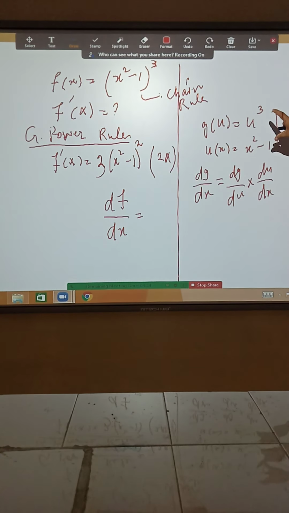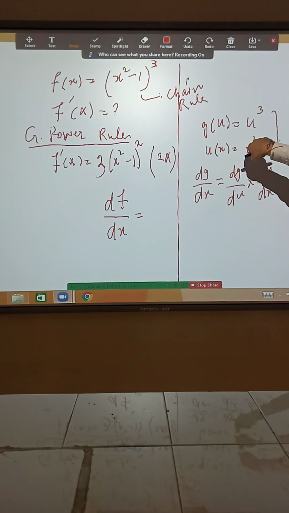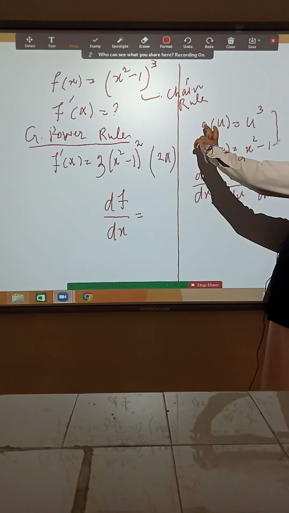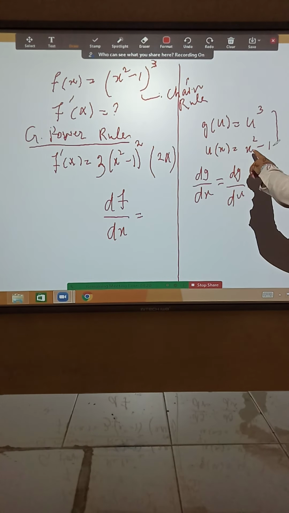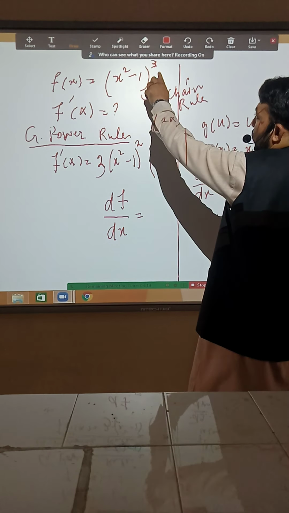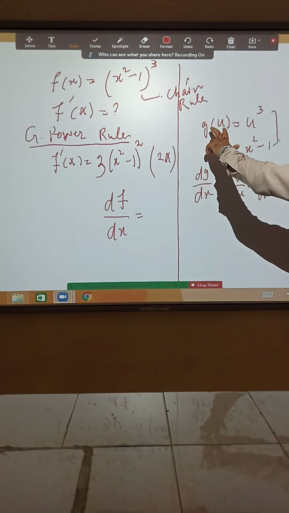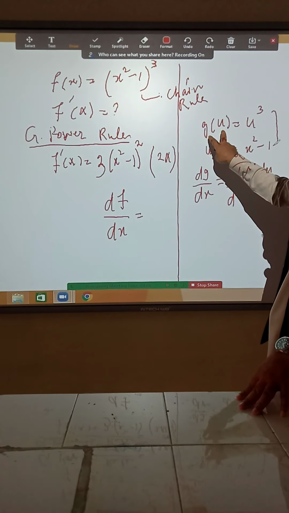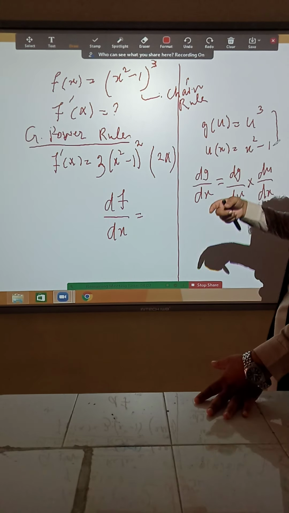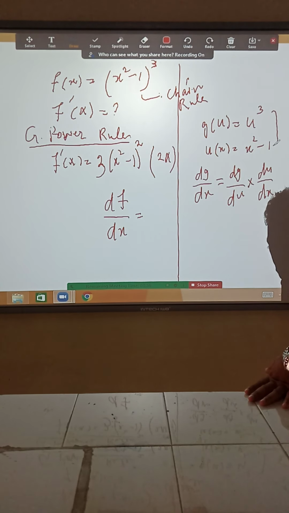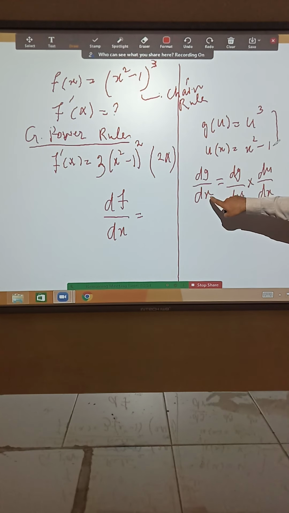तो इसको आप इस फॉर्म में भी कन्वर्ट कर सकते हैं। आप देख सकते हैं कि g of u equal to u cube, u of x is equal to x square minus 1. So that is actually these two composite function actually gives you this. ये देखिए ना, u की जगह पे आप x square minus 1 पुट कर ले तो यहाँ x square minus 1 होगा, यहाँ पे x square minus 1 whole cube. तो x square minus 1 whole cube आपके पास f of x है। तो ये मैंने आपके पास, अगर इसको चेन रूल से आपने डिफरेंशिएट करना है तो इस फंक्शन को आपने कंपोजिट में लेके जाना है। कंपोजिट फंक्शन वो होता है जिसके डोमेन में कोई दूसरा फंक्शन मौजूद हो। तो यहाँ आप देख सकते हैं कि g के डोमेन में हमारे पास एक फंक्शन u मौजूद है। तो अगर आप g को डिफरेंशिएट करेंगे विद रिस्पेक्ट टू x,